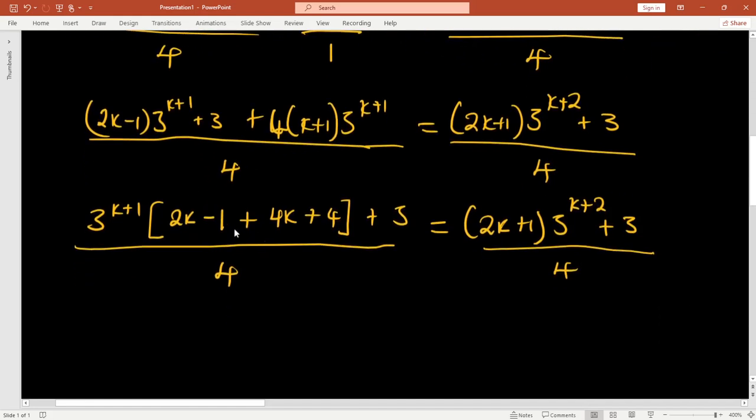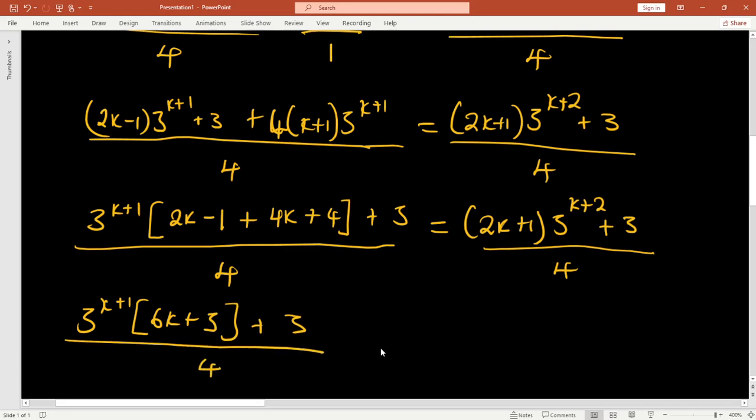Okay, so now if we simplify what we have here, we are going to have 3^(k+1), open brackets, we're going to get 6k, plus 1 and negative 1 and 4, we're going to get plus 3, so plus 3 here. Then we have everything divided by 4 equal to, then this side I'll copy it again the way it is,